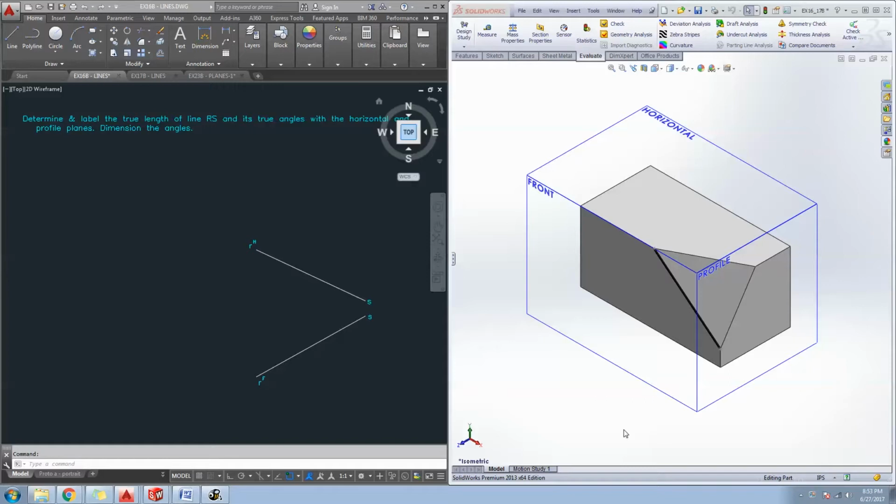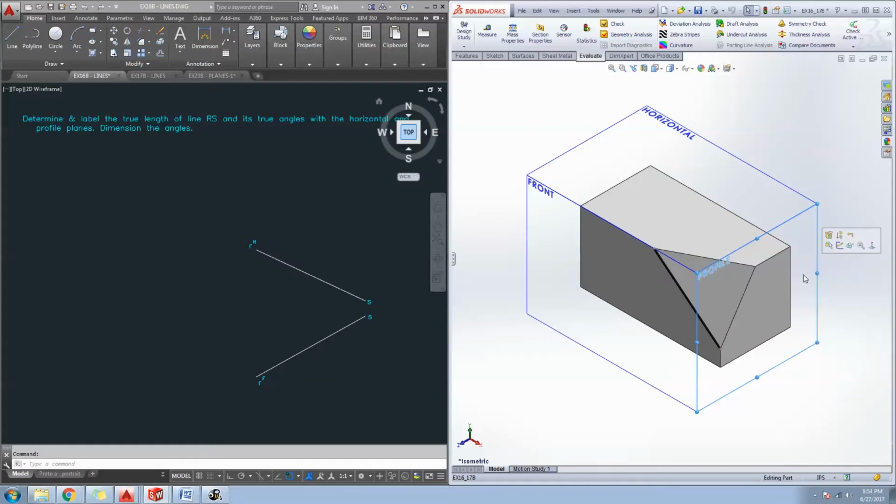For our first theoretical portion of today's video, we're going to be looking at SolidWorks, and we're going to be discussing primarily the edge of the part that I've bolded here in black. As you solve problems using descriptive geometry, you are going to encounter the phrase frontal line, profile line, or horizontal line. For this video, I want you to focus on the three principal planes that I'm showing here: front, horizontal,